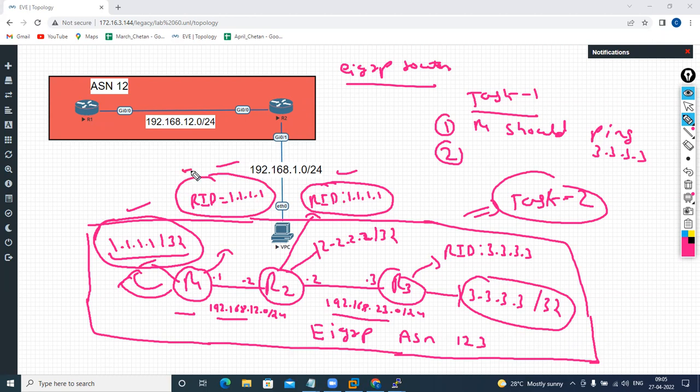Second task, set the router ID on R1 as 1.1.1.1, on R2 also as 1.1.1.1, and on R3 as 3.3.3.3. Clear? So these two tasks by tomorrow evening,